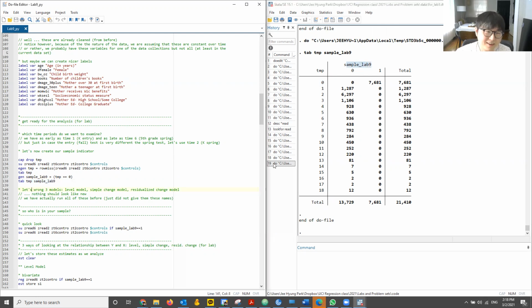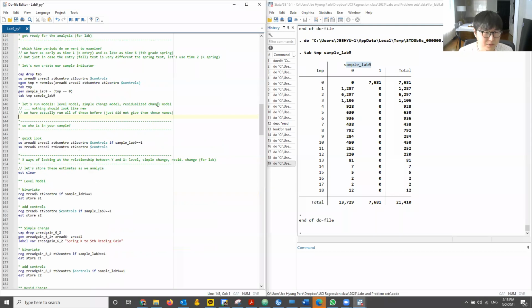Let's run 3 models. A level model, meaning like not using any kind of past information or predictor information, where this is where you predict an outcome at time 6 using whatever predictor variables that you have, not using what the outcome was at time 1 or 2 or an earlier time. That's meant by a level model. And then we'll run a simple change model, a residualized change model,